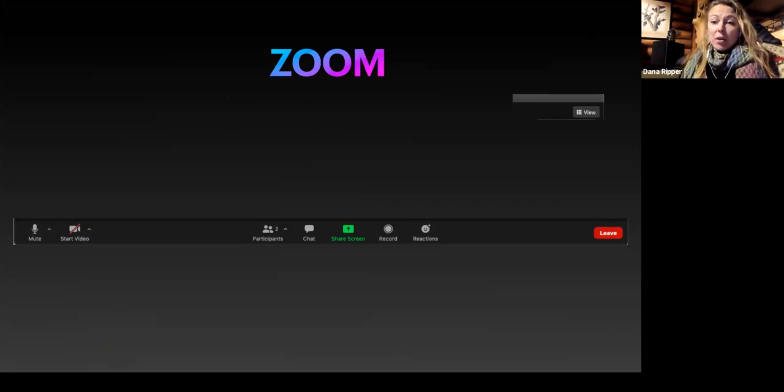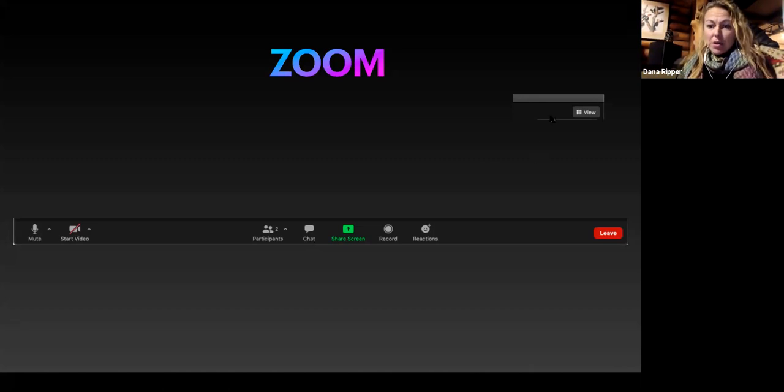So just a couple of things about your Zoom controls. You should have, depending on the device, probably at the bottom of your screen, a bar that looks like this. We are going to ask everybody to be on mute unless you are speaking up to ask Mary a question. Video is right here. If you can see my cursor, you can be on video if you like. And the chat function can also be important. You are welcome to ask questions. Mary said during her presentation is fine. You can put them in the chat or you can unmute yourself and just speak the question.